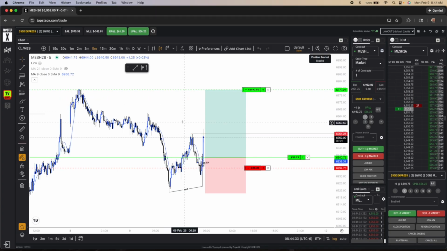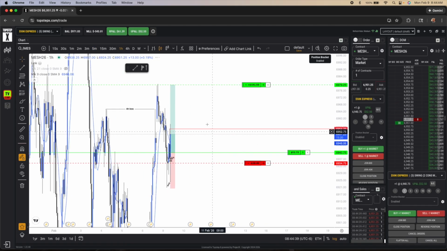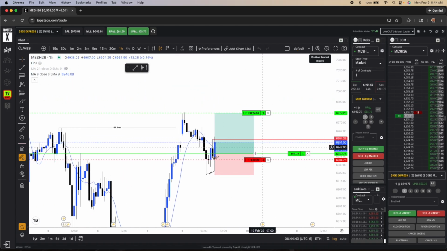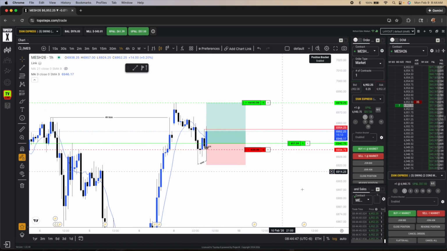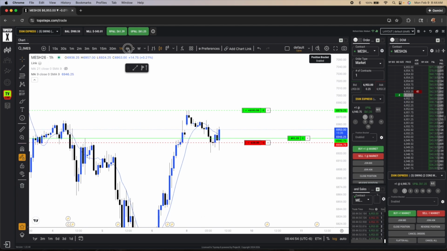So I'm going to be breaking down the trade that I took today. Let's go to the 1 hour time frame initially. Right now, this is what the trade setup looks like. This is the liquidity targets, etc. I already took a partial profit. So what I'm going to do, I'm going to delete this and give you a quick